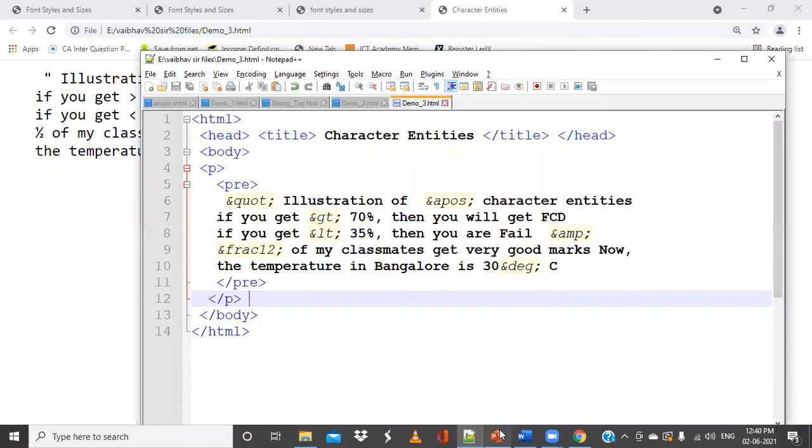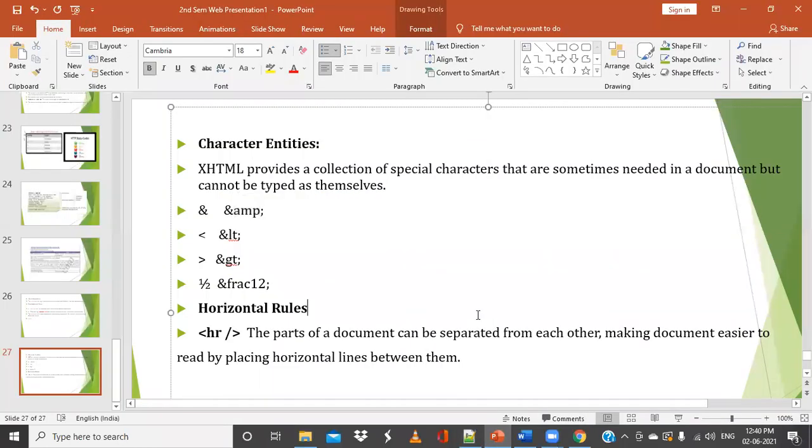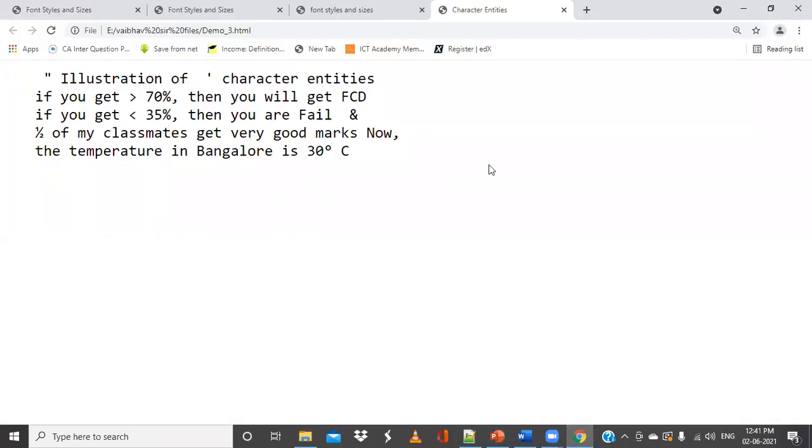So after this, we have one more, a small one, that we call the horizontal rules. Like we have discussed the BR tag, which is for breaking the line. Similar to that, all the entire thing that we are displaying on the web browser is in an unruled way.